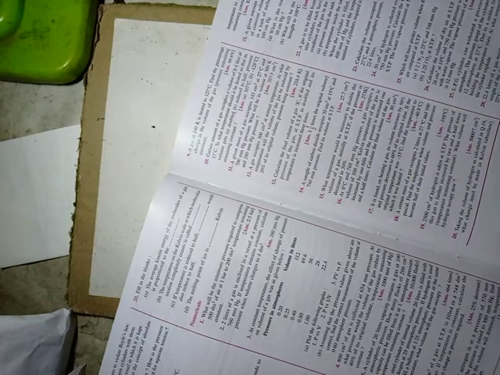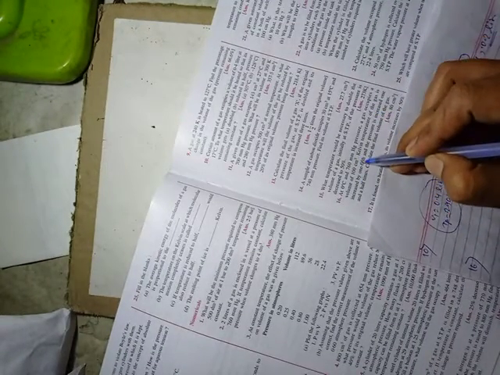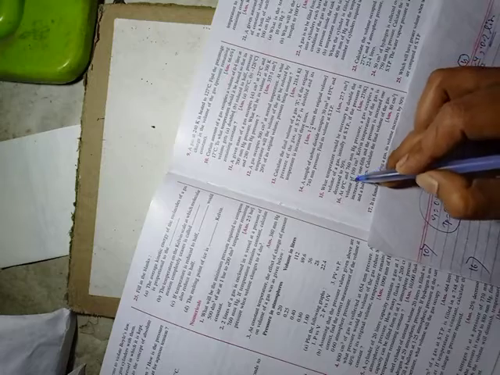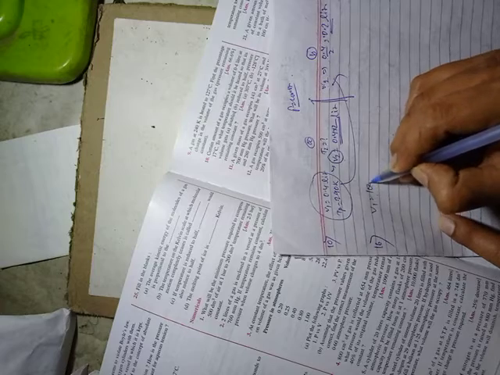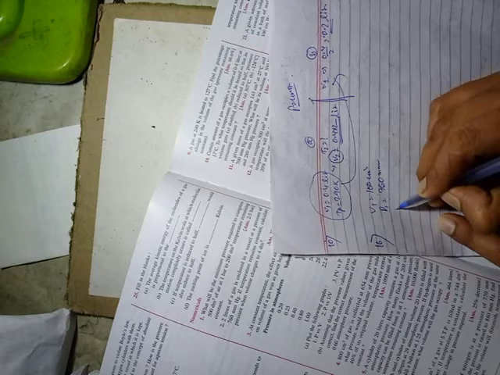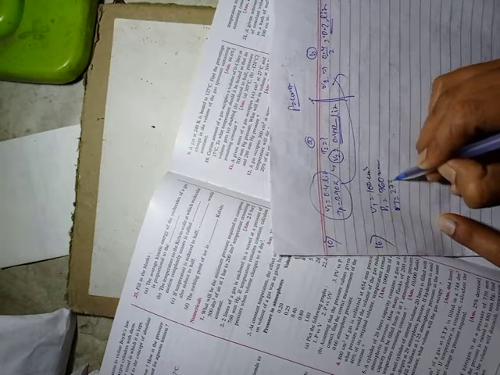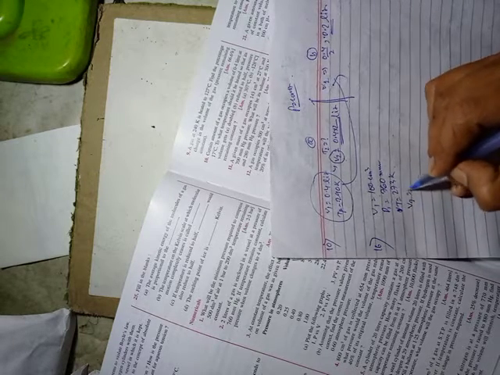Calculate the final volume. So initially, whatever values have been given, we will write that. A gas occupies volume 100 centimeter cube, pressure is given as 760 mm of Hg, and temperature 273 Kelvin is given already. So finally V2 we need to calculate.